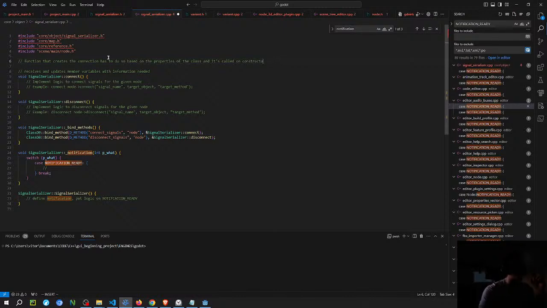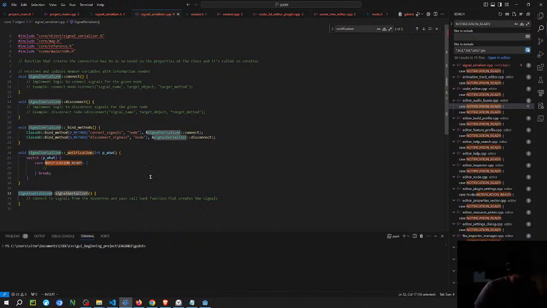I'm not going to do it on the constructor. I'm going to do it when the node is ready. So this notification ready here is the one for this node, but here, yeah, so here I connect to the sync tree, and then I call the function that I'm gonna define here, which is gonna be the one that updates, that creates a connection based on the state of this thing here,